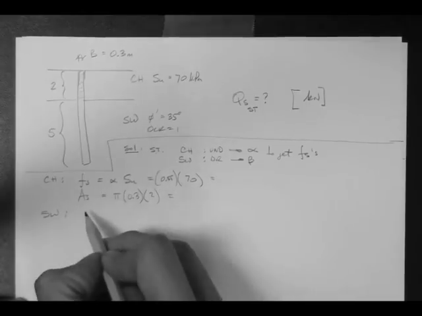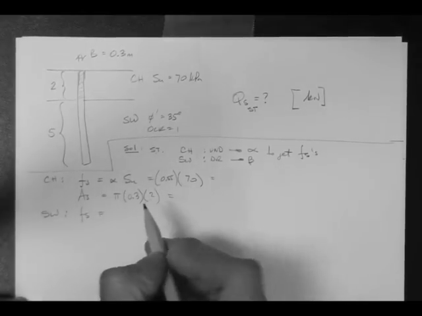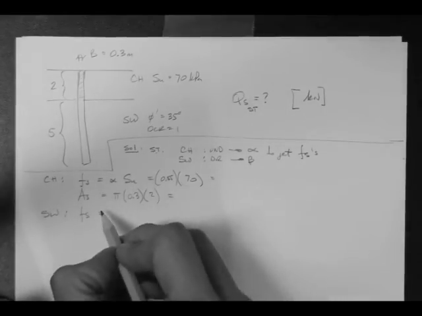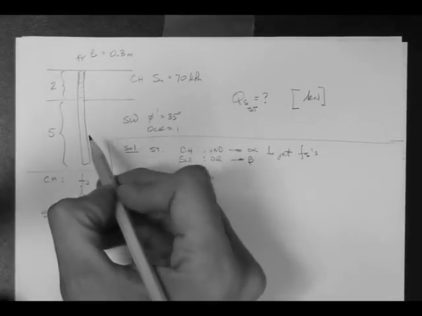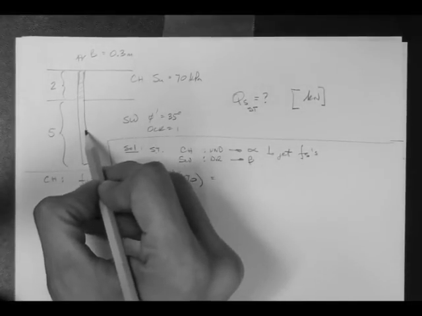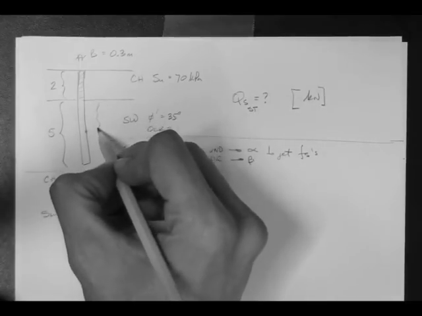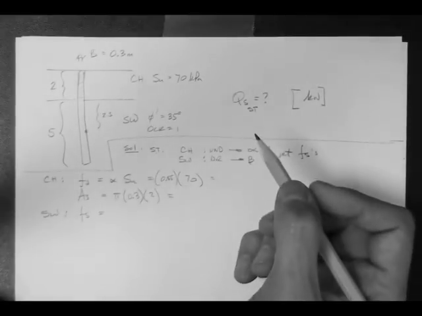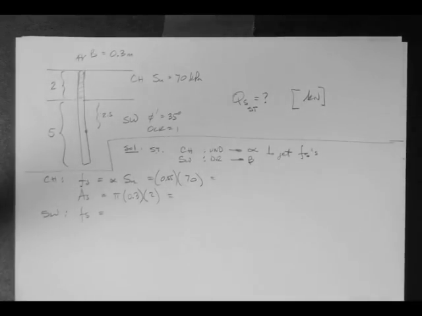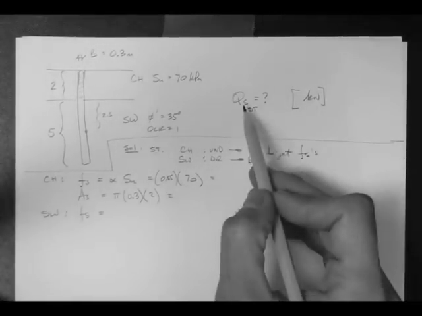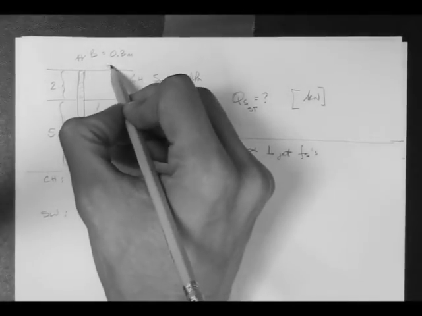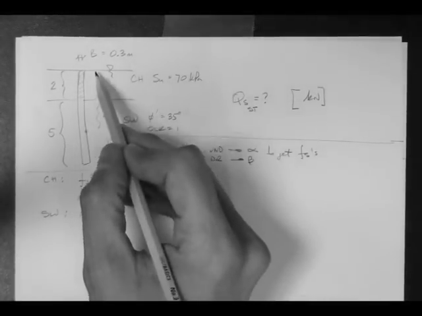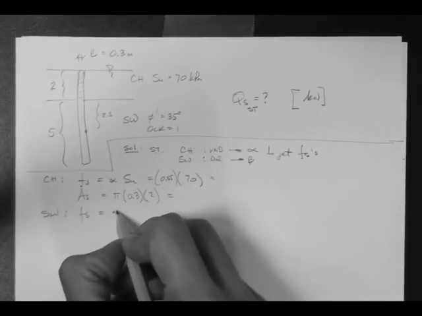For the well-graded sand, we use the beta method. The beta method tells us that we have the effective stress, right? Where's the point? Here. So this here is 2.5, plus 2 is 4.5. Where's the water table? Well, we're finding capacity, so we're in the design mode, so we have to put the water table right there, because that's the worst case. 2.5 plus 2 is 4.5, so this is 45,